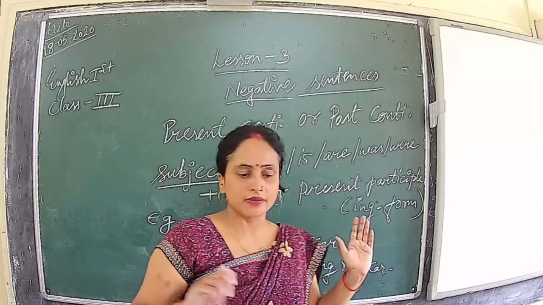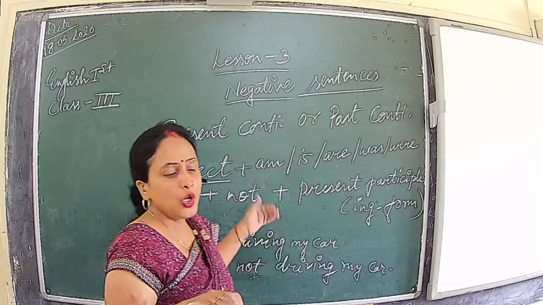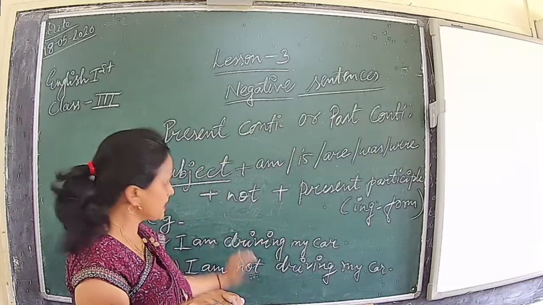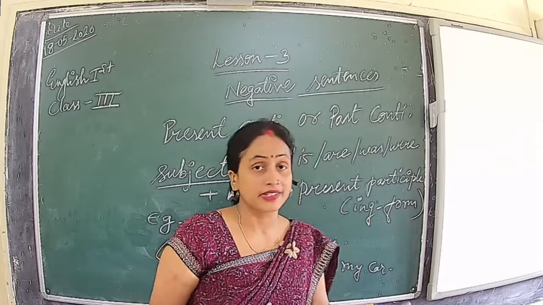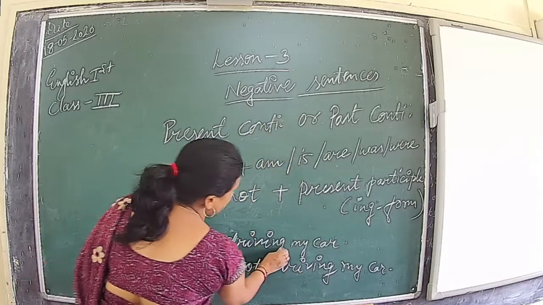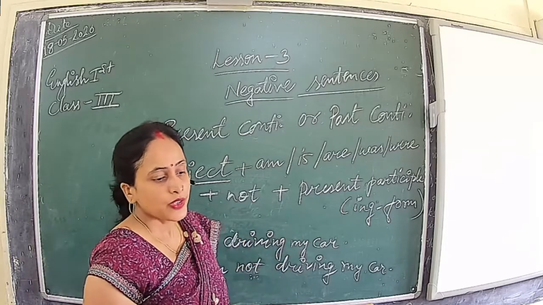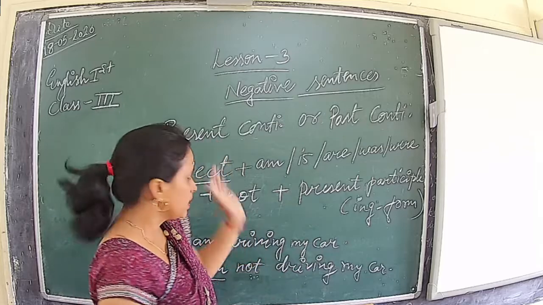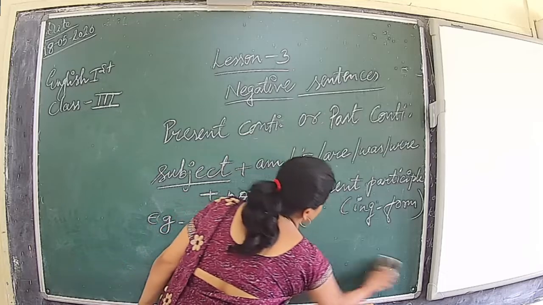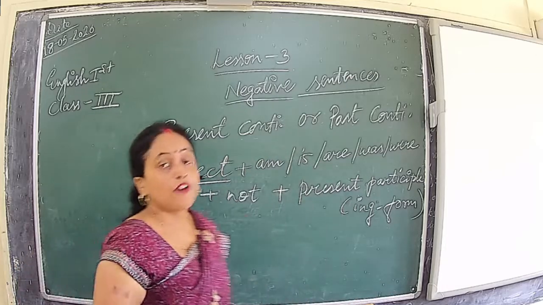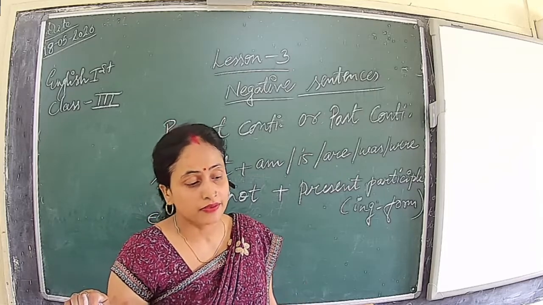So in these negative sentences, in which tense are we working? In the present continuous. Just like the past continuous, you see. Past continuous tense. As it is an ing form, it is a continuous tense. Present participle. So it is the ing form of the verb. This is the present continuous tense. Now we will see an example of the past continuous tense. How do we change the past continuous tense into a negative sentence?